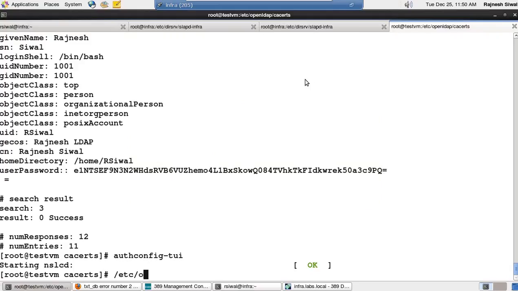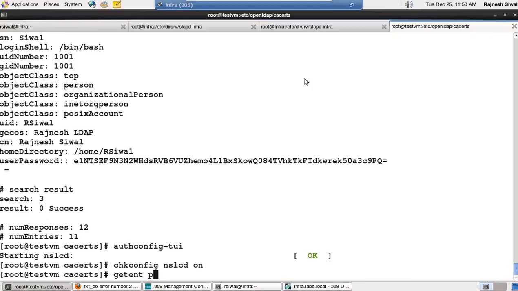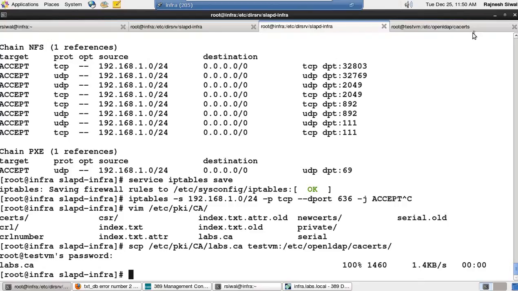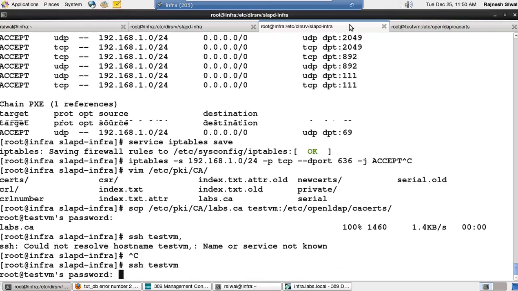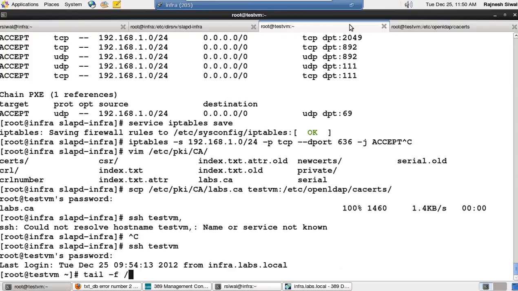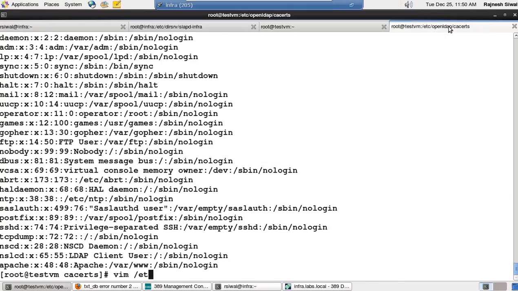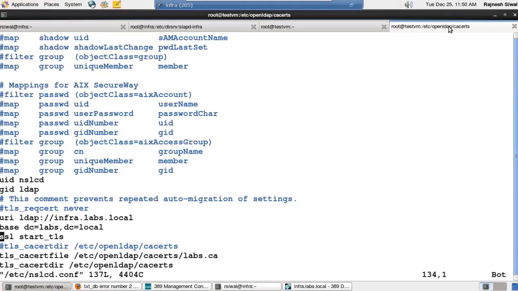Now /etc/init.d/nslcd is already restarted. chkconfig nslcd on. getent passwd, so it was not able to fetch the details. Let me see why. Because nslcd doesn't have the CA certificate as of now. So moving on to /etc/nslcd.conf, the TLS CA cert file is